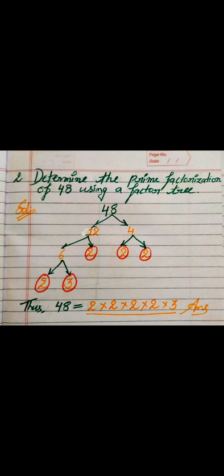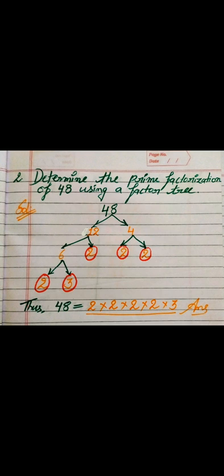Now as I have taken 12 and 4, we know this 12 and 4 both are composite numbers, that means again we will split these numbers. So when we split this 12, it will be 6 and 2, because 6 twos are 12. Now in 6 and 2, 2 is a prime number. This is the first even prime number, so we will encircle this. But this 6 is a composite number. Again we will split this 6 as 2 threes are 6, and this 2 and 3 both are prime numbers.